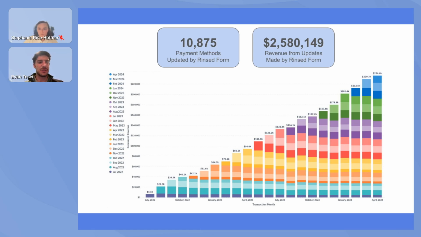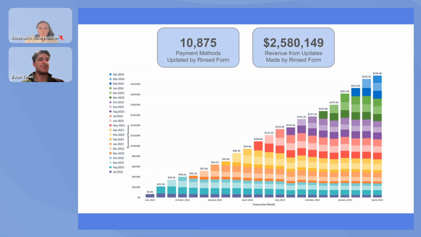And so you can see over time the aggregated impact of each new day of saved customers, new regained revenue. And over the course of this roughly 2-year period, you can see that we generated cumulatively roughly $2.6 million in revenue, off of about 10,875 overall payment methods updated. So similar to some of the campaigns we were discussing earlier, anything that brings back a membership or adds a new membership or prevents involuntary churn, such as this one, is going to have those aggregating benefits over